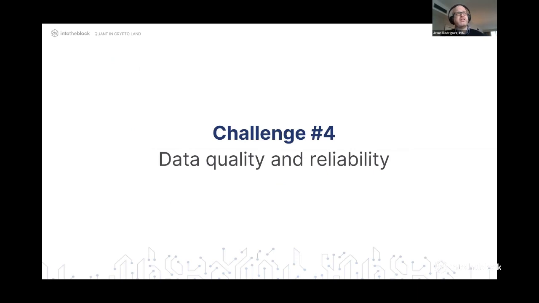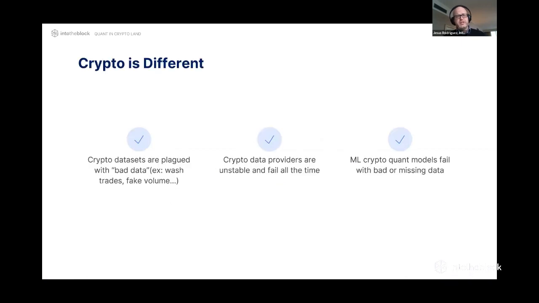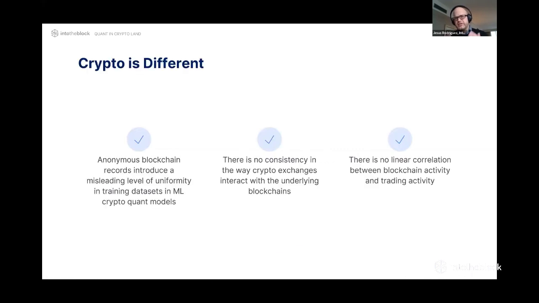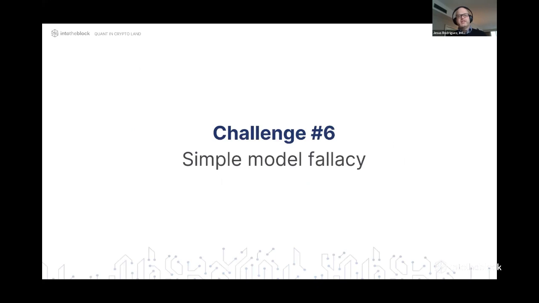Then there are the issues of data quality and reliability. Data sets in crypto suck. For the most part, there is a lot of bad data with errors, with bad behavior such as wash trading and spoofing and things like that. Then there's the fact that blockchain data sets are a source of alpha, but obviously they're anonymous. So you need to spend a lot of time just looking at transactions and things like that. It's just really hard to extrapolate meaningful information. So you need to de-anonymize a lot of these blockchain records, which is a monumental effort in and of itself.